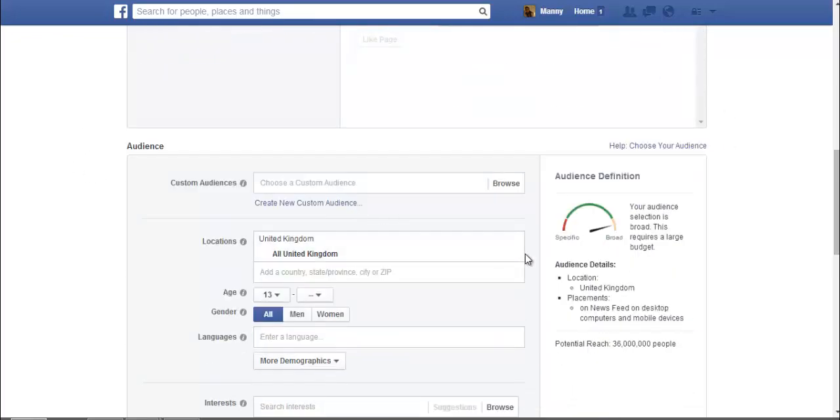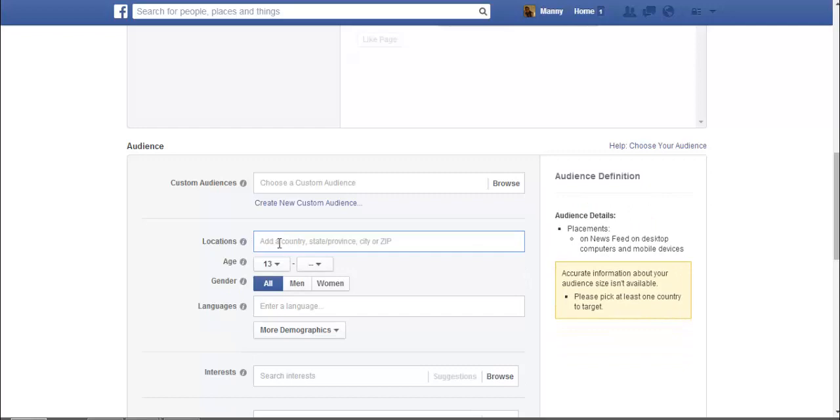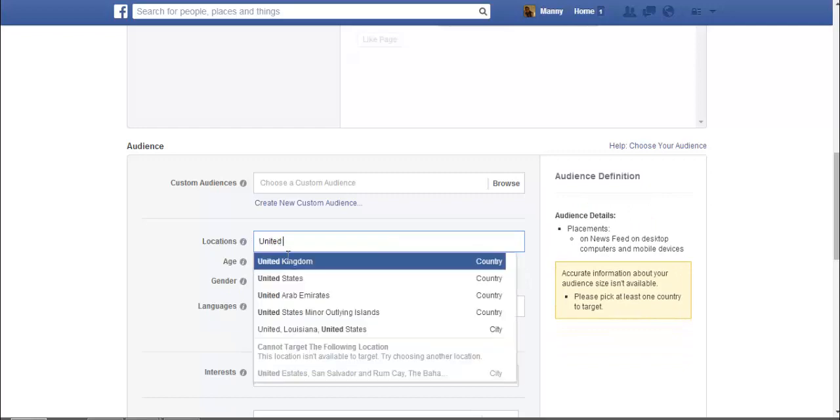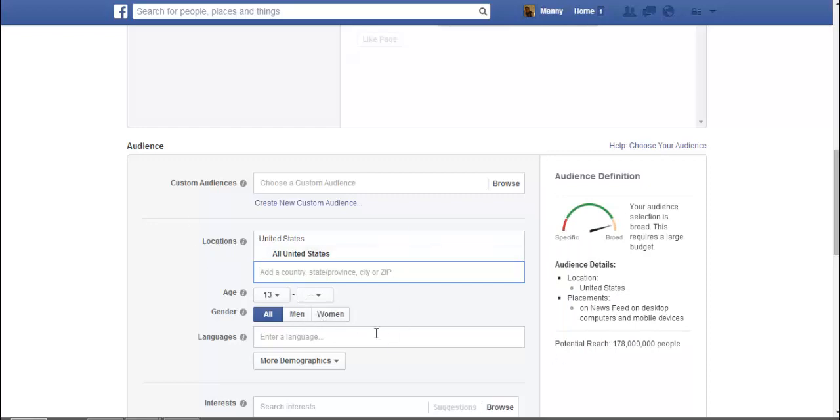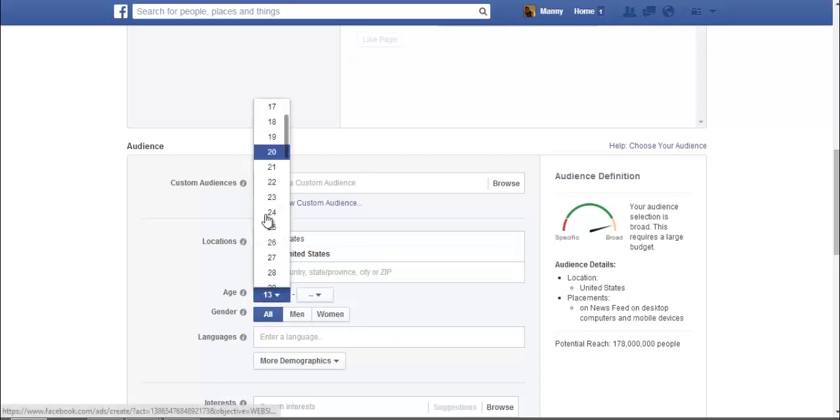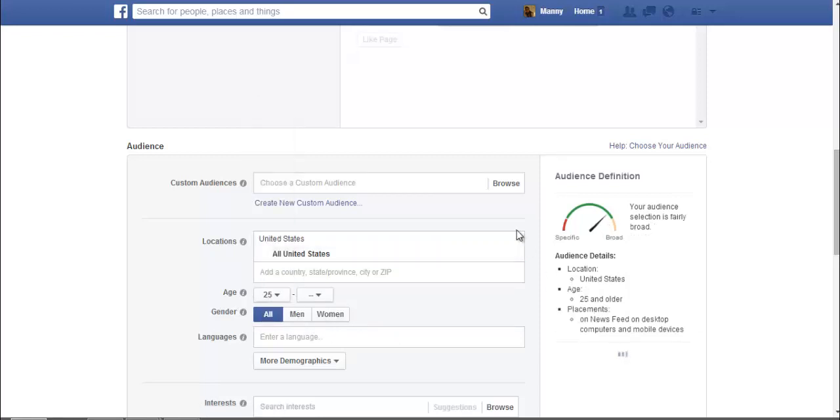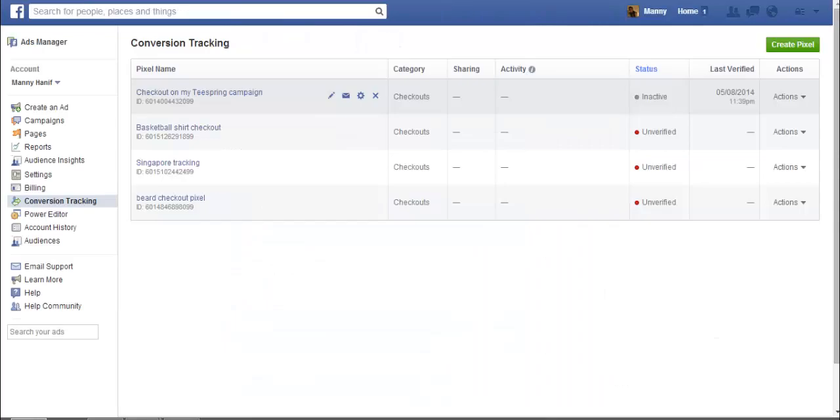Next thing I do is here I'm going to target United States because it's the largest country and there's a bigger market share, and I'm going to keep this gender all, 25 and over. Now the next thing I do, I leave everything alone, and the next thing I do is I head over to Audience Insights. Okay, so click on Audience Insights